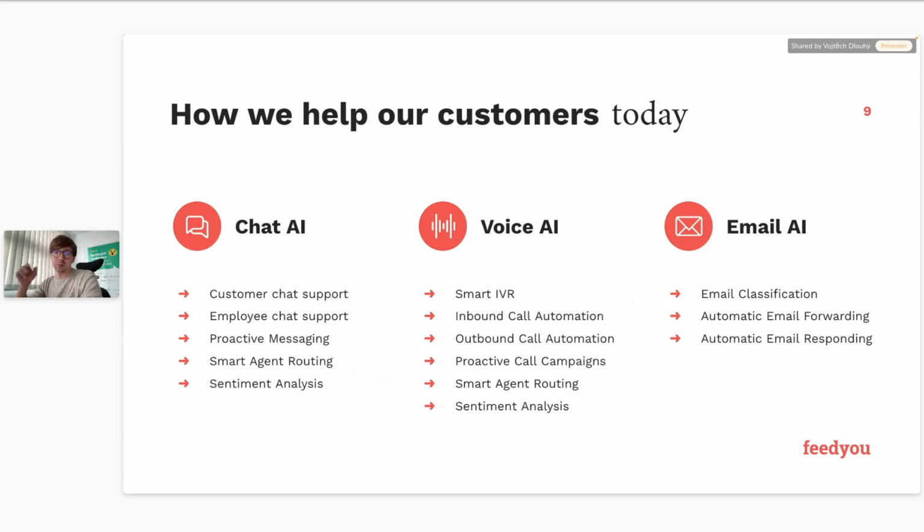But for some use cases and for some target groups, it's better to, for example, give them a call, or to automate some inbound calls. So therefore, we are mixing the chat AI and voice AI to be really available anywhere, and providing users with the possibility to pick the best channel that they prefer, not you as a company.